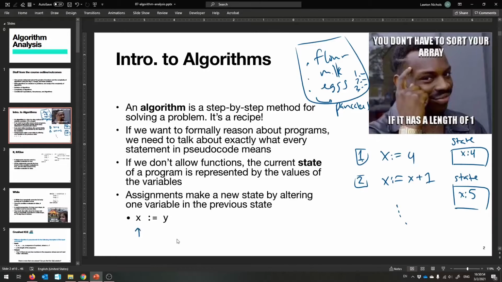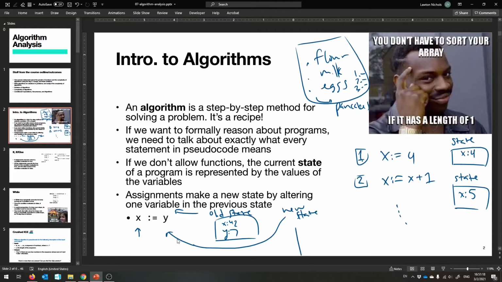So whatever x was before, like if this was up here the previous state, maybe it had x is 42, y is 7. The new state, the one that happens after this line, I don't know, let's draw the box over here, I guess. New state,